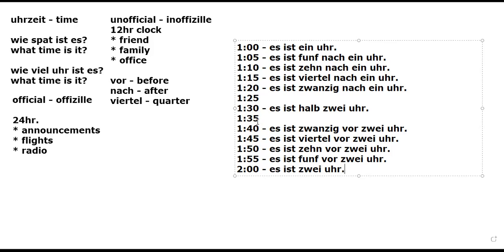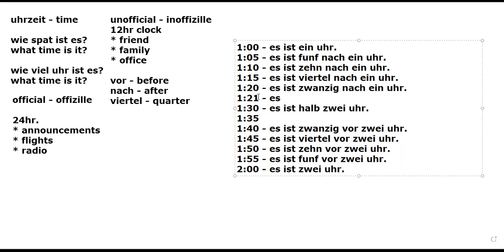There is another concept. Here you can find, Diksha, we are using nach, and here we are using vor, right? But there we have to exchange these things. Okay, here we have to use vor, and here we have to use nach. Let's start with 1:21. Okay, from 21 to 29, what you have to do is